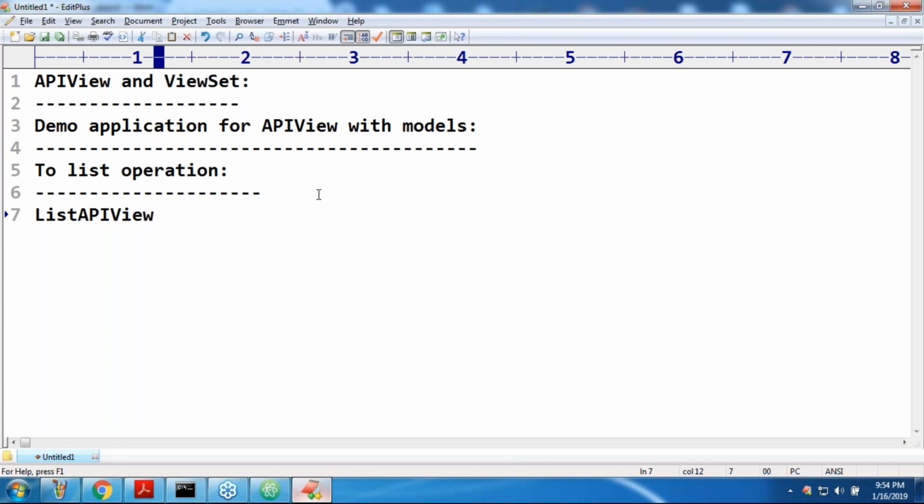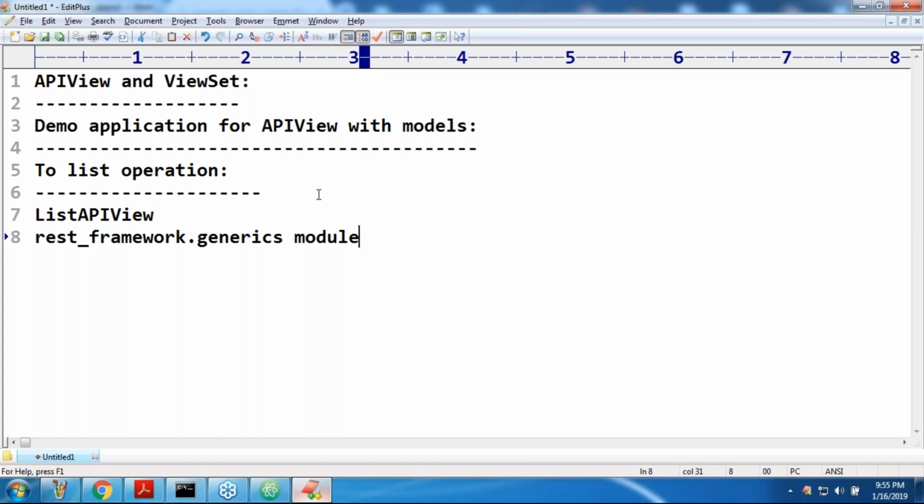It is present inside the rest_framework.generics module. Remember that. It is used for read-only endpoints, and if you want to perform a read-only operation, this is very easy.